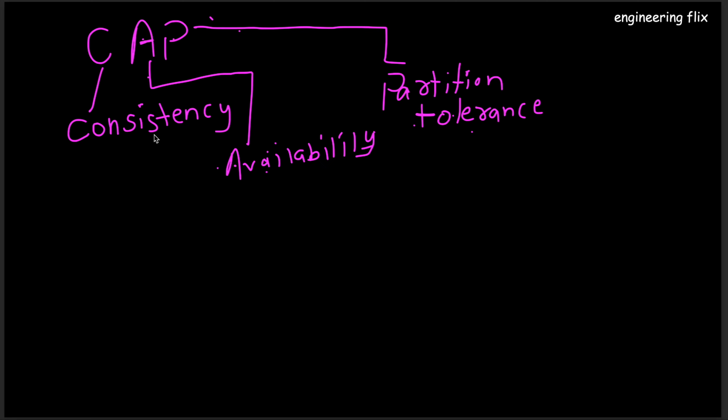That in a distributed system we can achieve any two properties